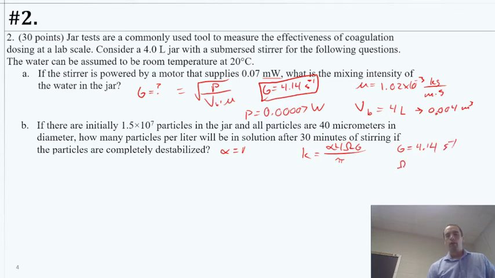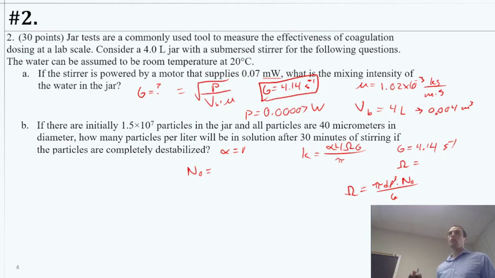Specifically, I would check to make sure you got the omega correct, which the equation here is essentially pi dp cubed times the initial concentration of particles divided by 6. But here, N naught was a little bit trickier than I think most recognize. So N naught should have been this 1.5 times 10 to the 7th particles in the jar, but